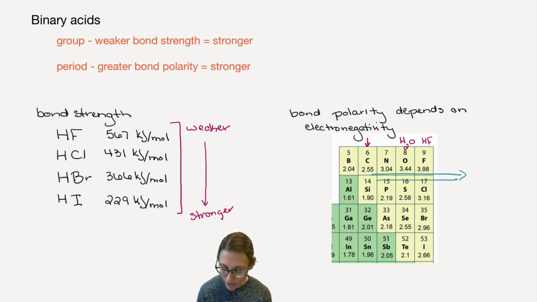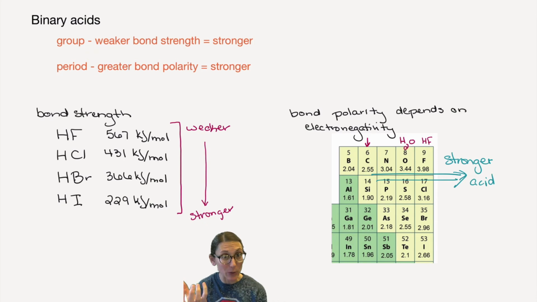So these get stronger as you go from left to right, but as you go towards the right and you have more electronegative atoms, you're going to get stronger acids. We see the same thing with H2S and HCl. Chlorine is substantially more electronegative than sulfur, and so HCl, hydrochloric acid, is a stronger acid than